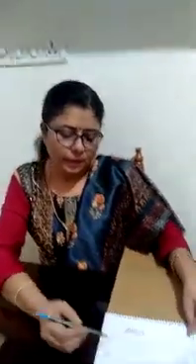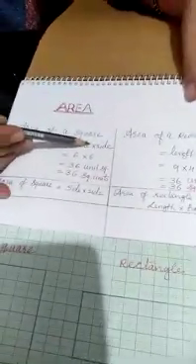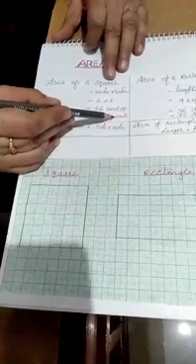If the shape is irregular, then by counting the unit squares, we can find the area very easily. For example, the area of a square by using the formula side into side. Can you see a square over here? The side of the square is 6 units. So area is equal to 6 into 6, 36 square units. Same area we will get by counting the unit squares. Now what is a unit square? A small square which is having side 1 unit.